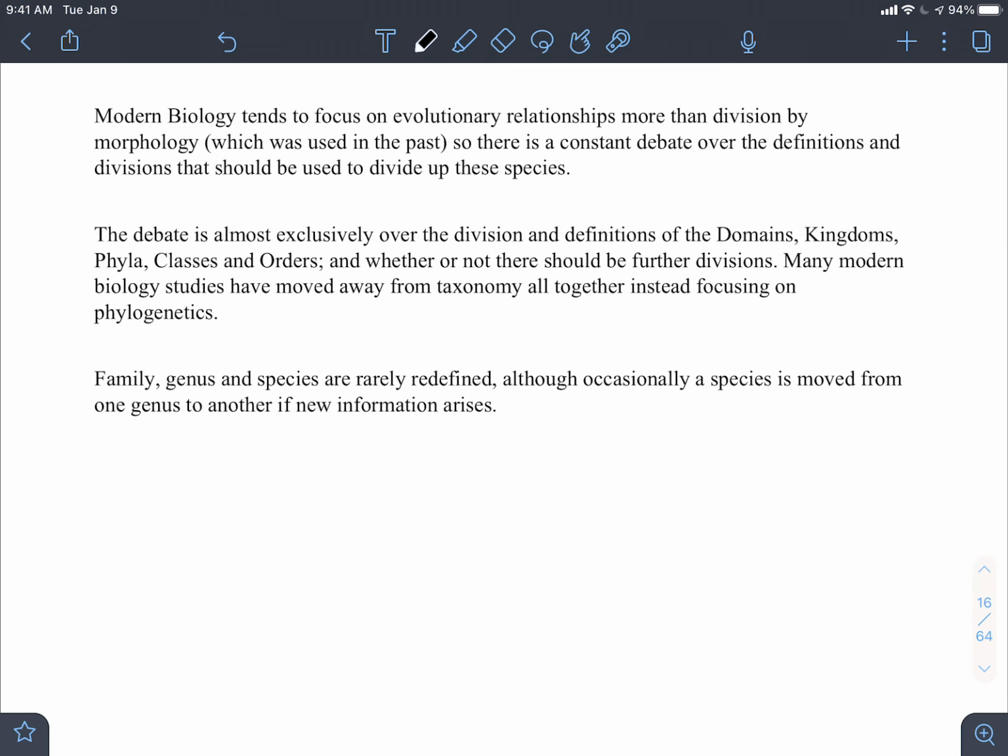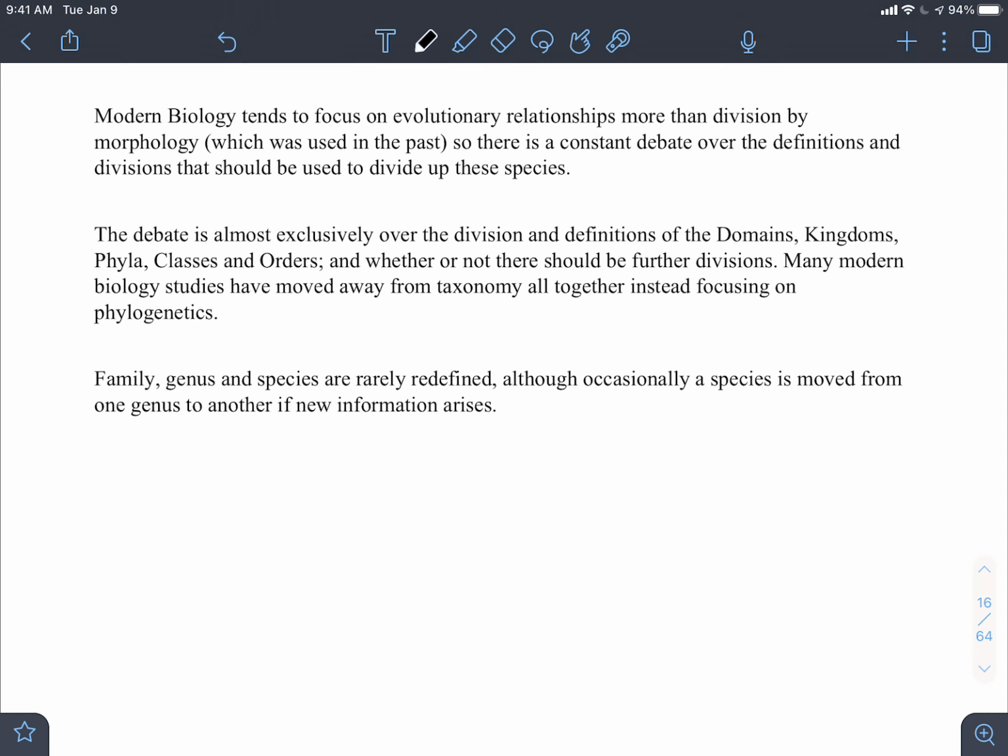So modern biology, just a final word here, tends to focus on the evolutionary relationships more than divisions by morphology, that's the appearance. So there's a constant debate over these definitions and the divisions that should be used, but that debate is specifically about domains and kingdoms, phyla, classes, and orders. It's not about species so much, but more about whether we should even bother with these phyla or classes or orders. What's the best way to organize them? Is it even worth organizing them